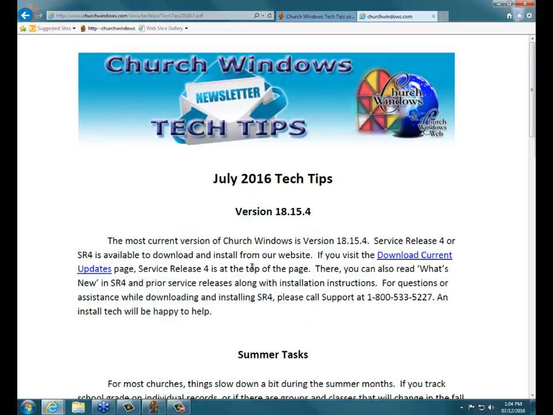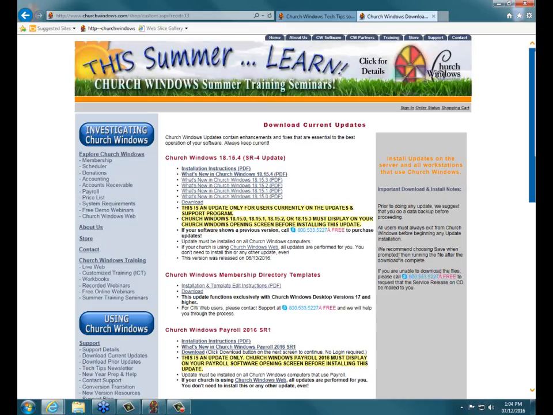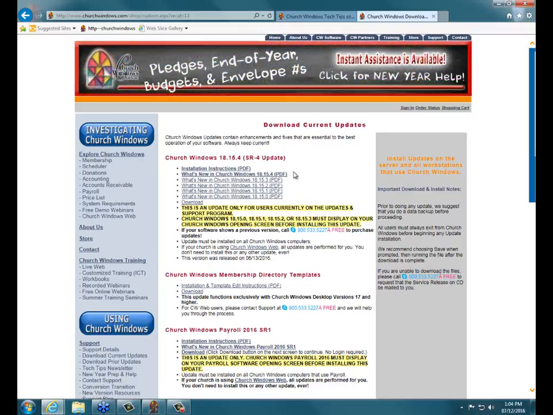The most current version is always shown on our website on our updates page. We can access that right from the tech tips by clicking on this link, Download Current Updates. And that takes us right to the Download Current Updates page where we see at the top Church Windows SR4. And as long as your version is any version that starts with 18, you can go right from that version